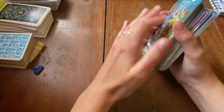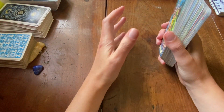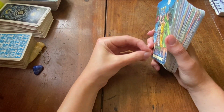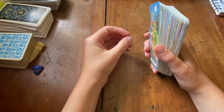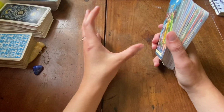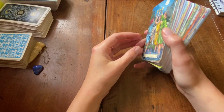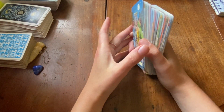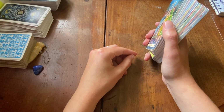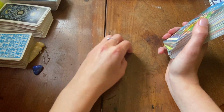If the cards are falling on the floor, this shows me that a lot of energy is being disregarded. There's things that people don't want to look at, don't want to admit is a part of the problem, that they don't want to focus on, that is affecting it. So they could be very hyper focused on a person of interest, but the biggest block is actually something going on with them, and they find themselves attracted to people who are not giving them the attention they want